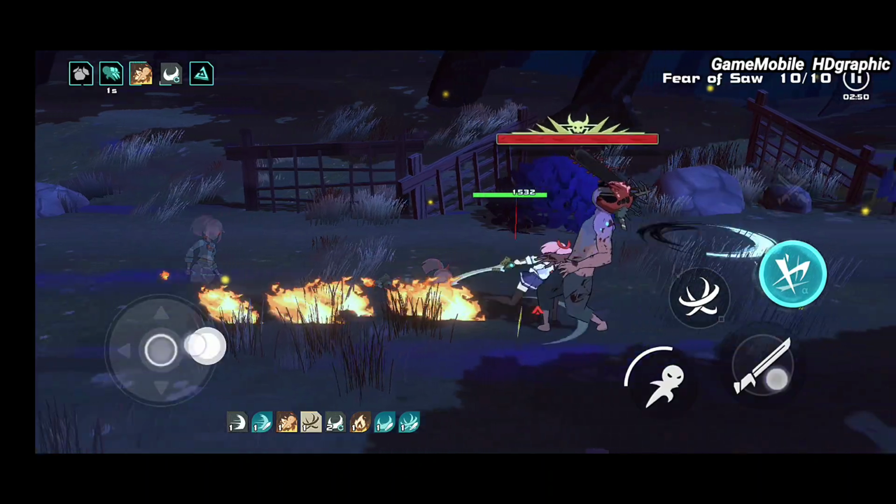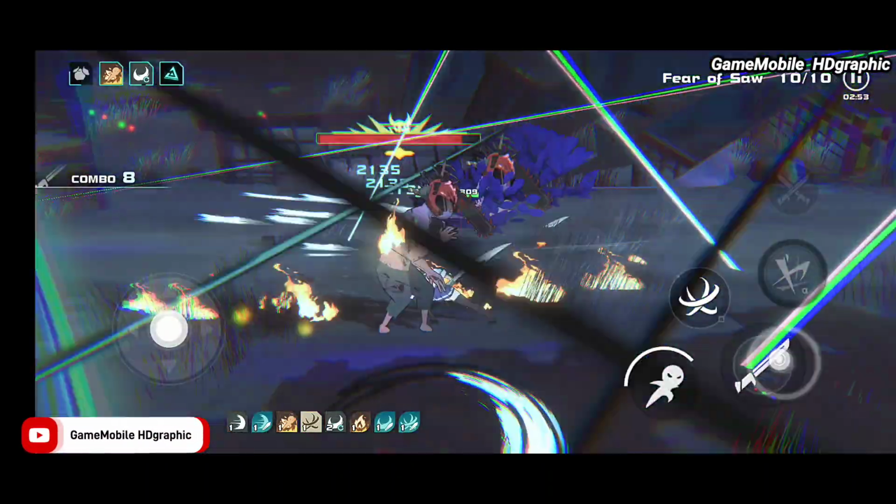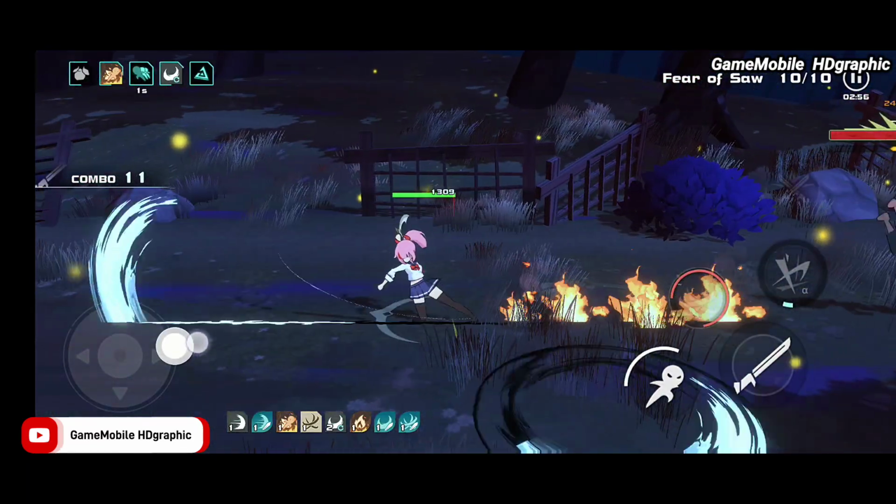Sword Dust. By the game size, I'm pretty sure you will be surprised. Just imagine this game only needs 200 MB in total and you get one of the best side-scrolling RPG games